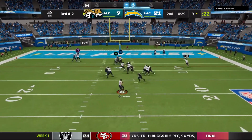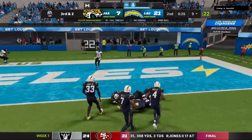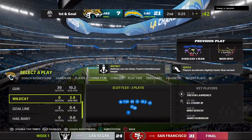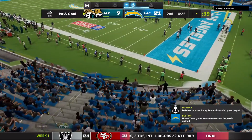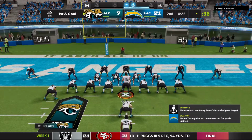Third and 2, now Lawrence. Caught on the slant. And he'll be taken down, but he does have 1st down yardage. Now the Jags will use the 2nd of their timeouts, as they'll stop it with 25 seconds to go here in half number